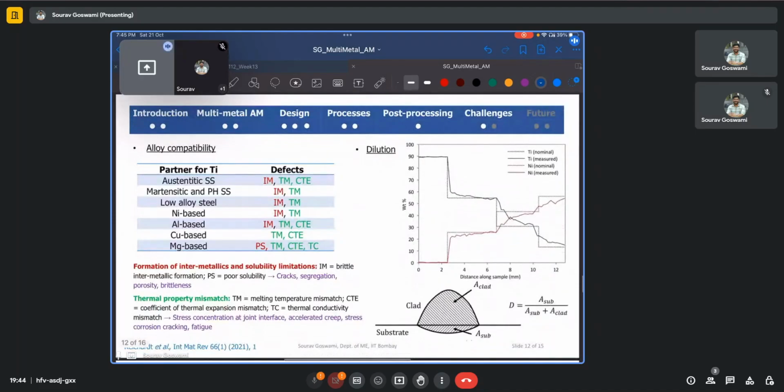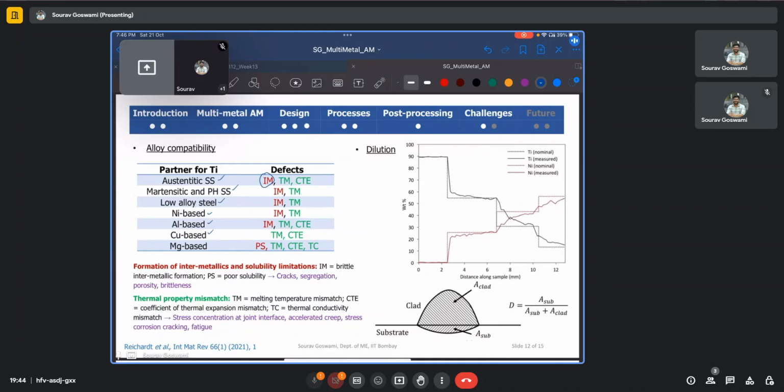Some of the other challenges associated with the multi-material additive manufacturing are firstly the alloy compatibility. And here we see that, say, for a partner material for titanium, if we evaluate some of the other commonly available engineering alloys, such as austenitic stainless steel, martensitic and precipitation hardened stainless steel, low alloy steels, or other nickel-based, aluminum-based, or copper-based alloys, we see that when used in conjunction or as a partner for titanium, certain defects may arise, such as the formation of intermetallics, which is written as IM and color coded as red here,